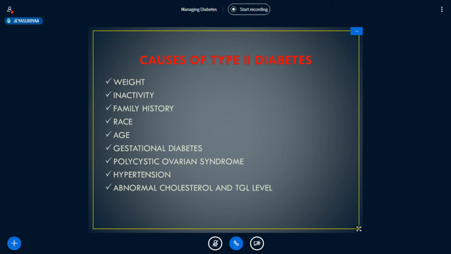Hypertension, that is a blood pressure greater than 140 by 90 millimeters of mercury, is linked to an increased risk of diabetes. On the other hand, with an abnormal cholesterol level, if you have low levels of high density lipoprotein, the so-called good cholesterol, your risk of type 2 diabetes is higher. Triglycerides are another type of fat carried in the blood. People with high levels of triglycerides have an increased risk of type 2 diabetes.